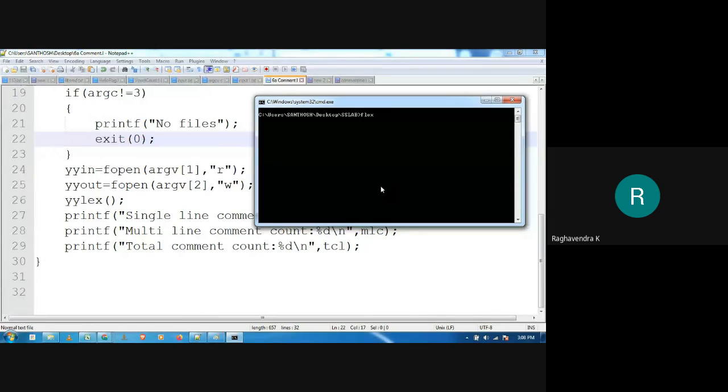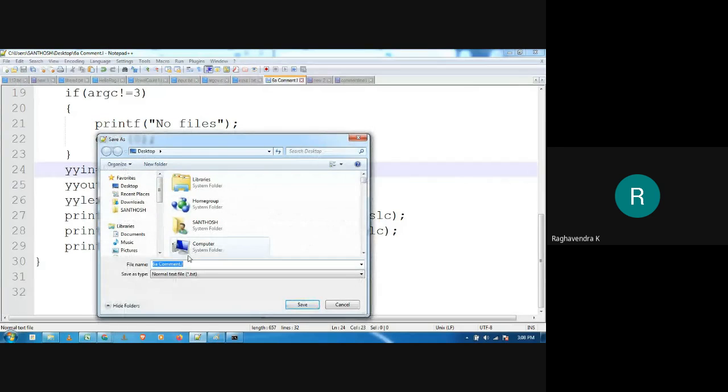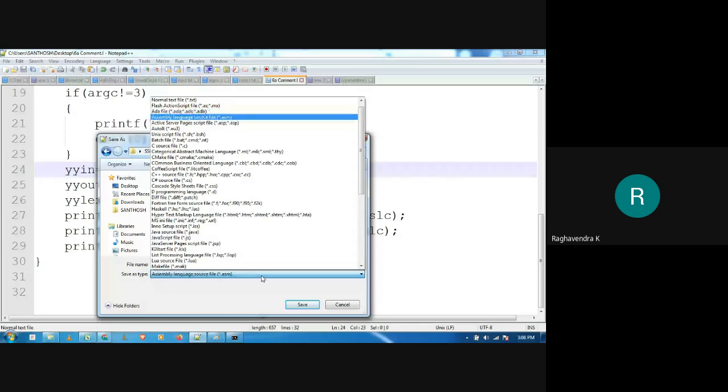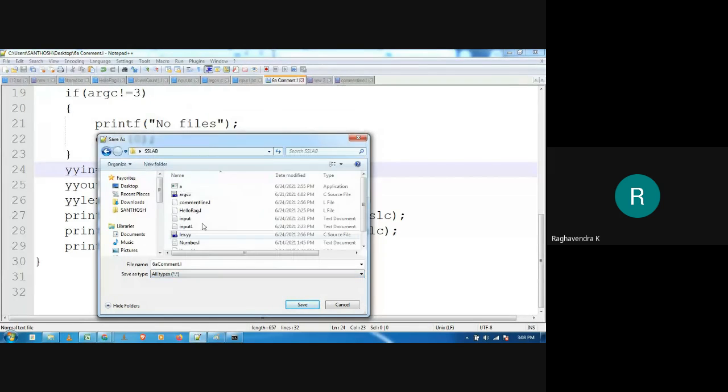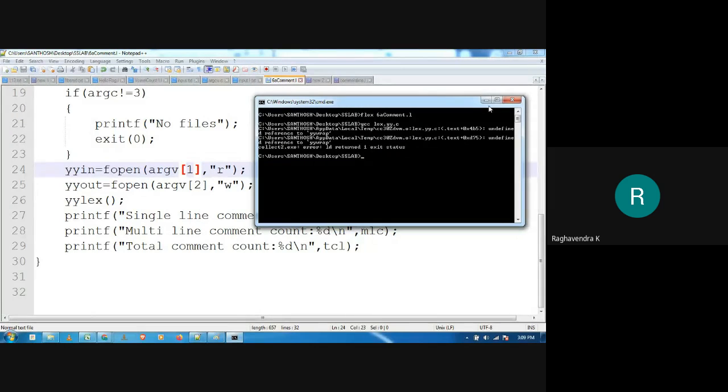Let me clear the screen. Check. I think let's change the name of the file. Okay, so flex, then gcc with the generated lex file, and I need to add the library flag around it.